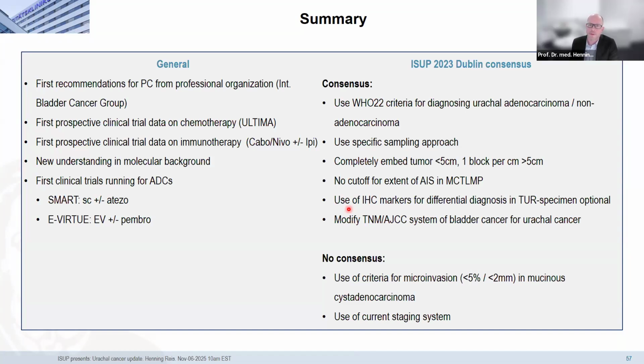The use of IHC for differential diagnosis is still optional, and modification of the TNM AJCC system for bladder cancer is hopefully taking place in the near future, maybe also using the system already proposed by Limnomic and colleagues. We had no consensus for use of criteria for microinvasion in mucinous cystadenocarcinoma and the use of current staging systems. So this was the parcours